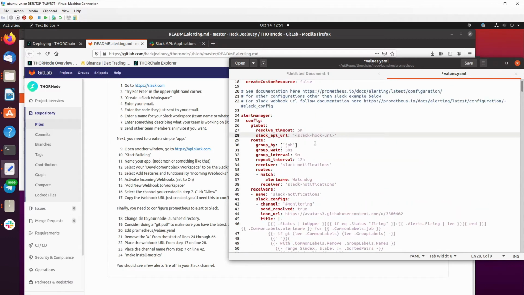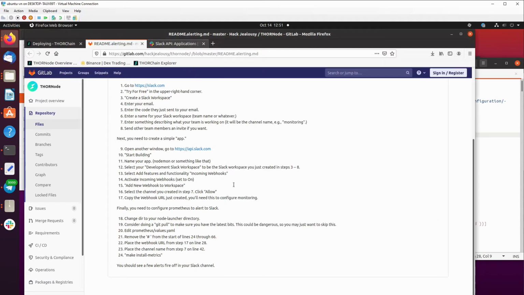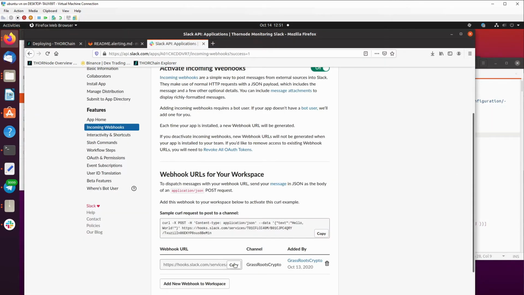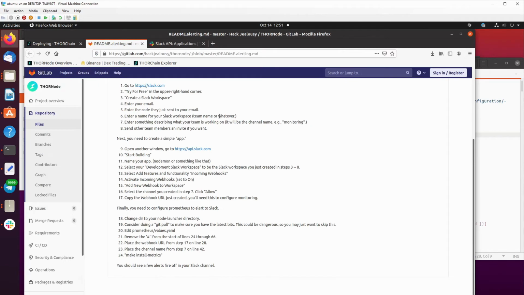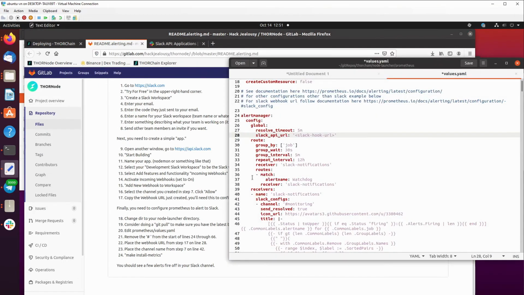Line 28. So that's the URL, and if I go to here, I'm going to copy that and stick that inside the file. Inside the quotes, I assume this needs to be inside the quotes. So there's that, and then